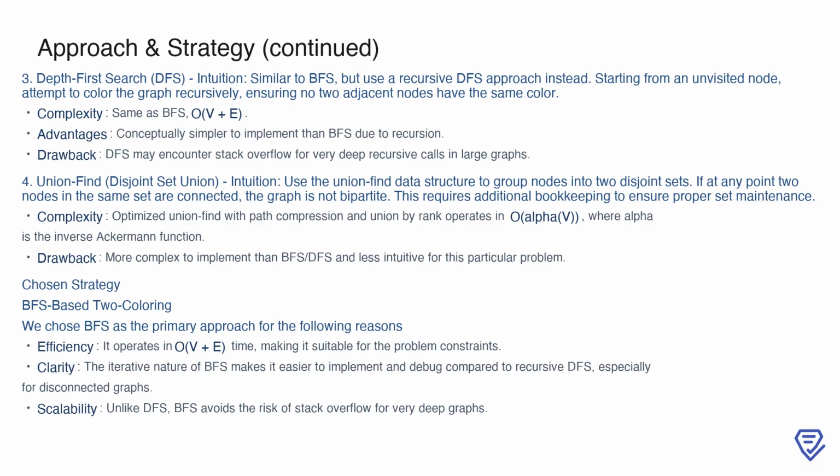Another potential approach is using the union-find data structure, also known as disjoint set union. This method groups nodes into two disjoint sets and checks for violations. If two nodes in the same set are found to be connected, the graph is not bipartite. While optimized union-find operations are quite efficient, with a complexity of O(alpha(V)), where alpha is the inverse Ackermann function, the method can be more complex to implement and less intuitive compared to BFS or DFS for this specific